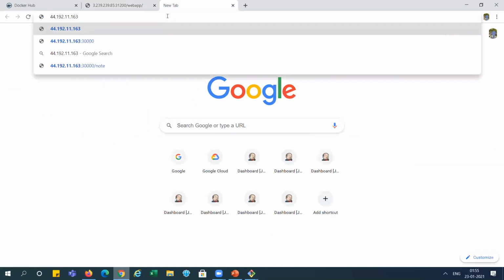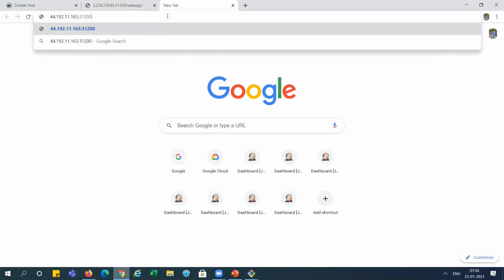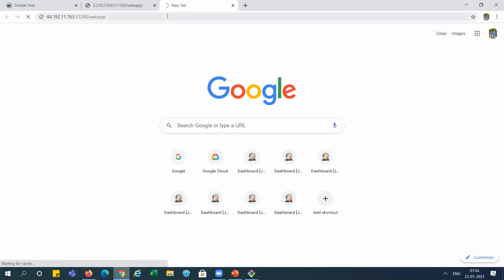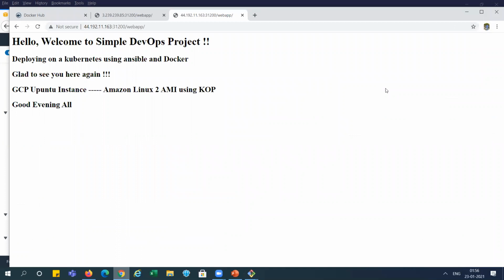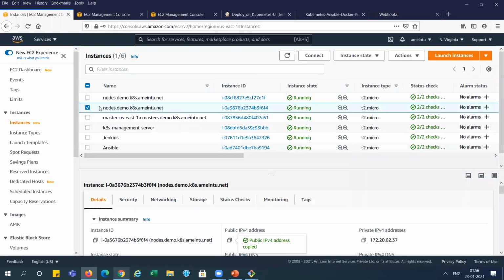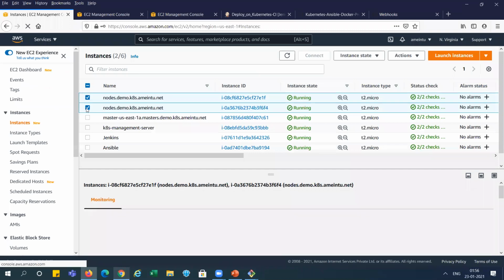Now 31200 slash web app. See, it is running. And now we can access it via the second node.